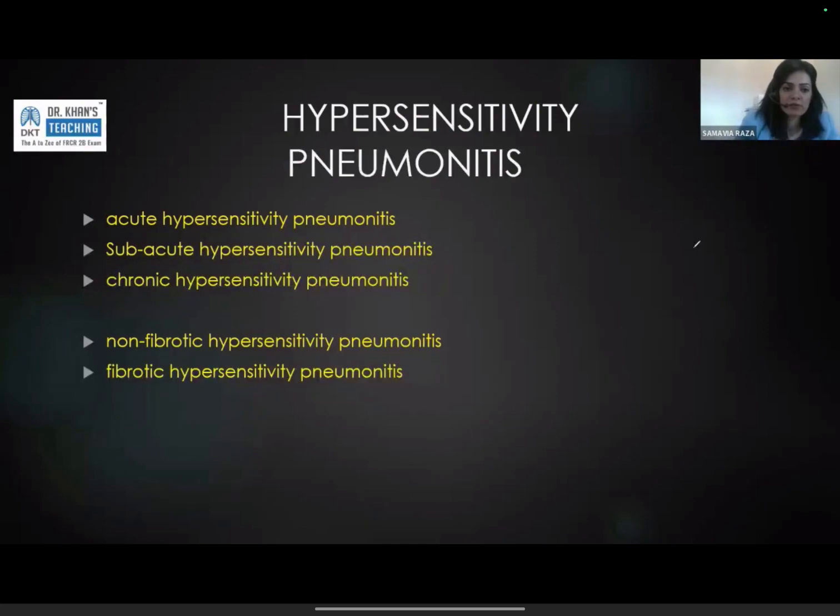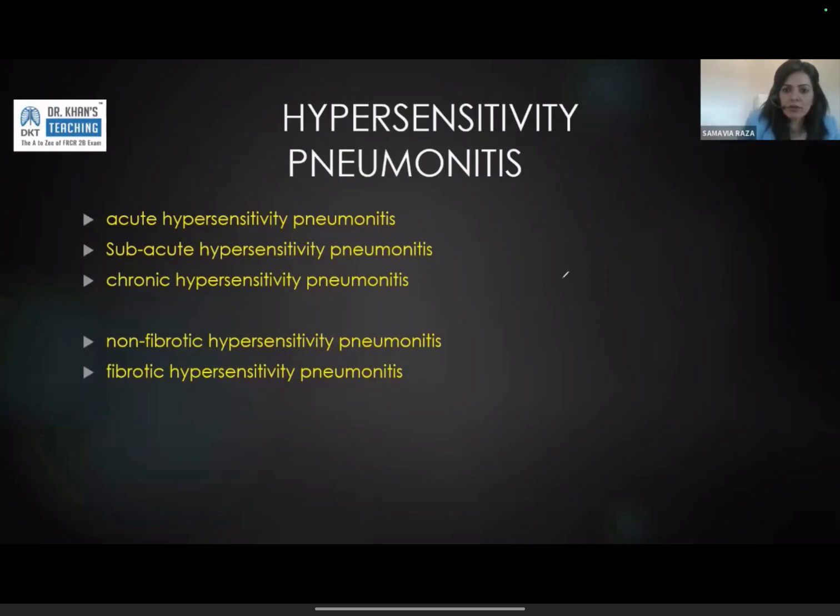So just reiterating, stick to the acute, subacute, and chronic. Acute and subacute are by definition reversible. Whether they are or not depends on the patient actually listening to the doctor and stopping that exposure. If you have a bird that's giving you HP and you don't get rid of the bird, you're never going to come out of that subacute phase, are you? And then will inevitably end up